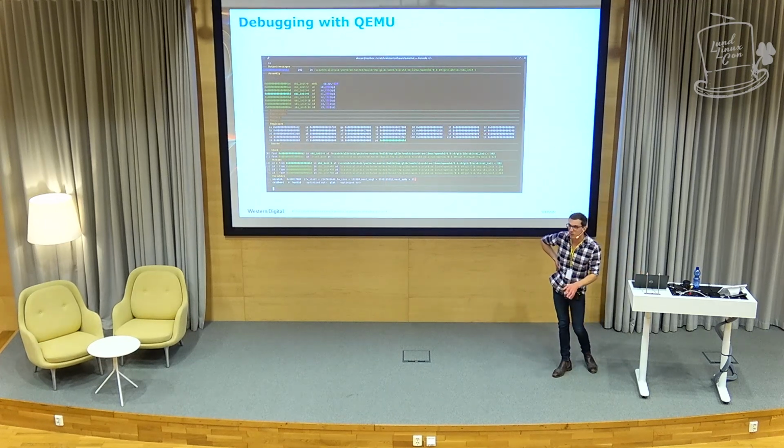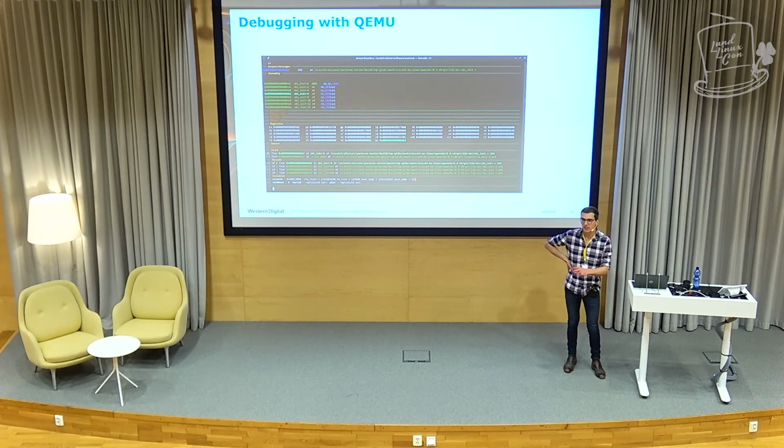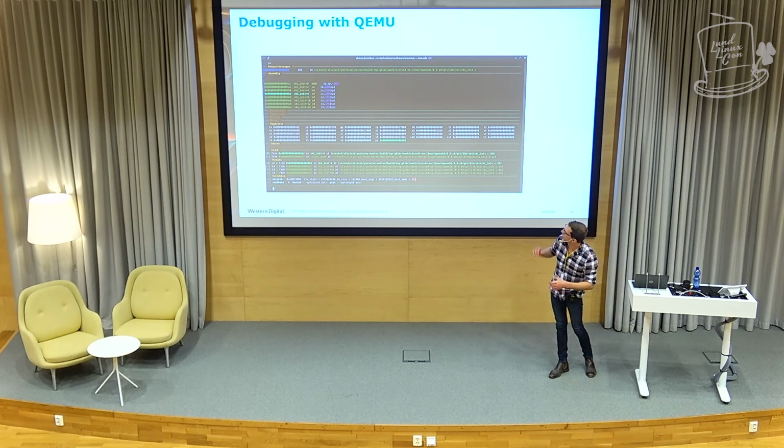And for real debugging, if you want to actually connect GDB, you can run QEMU with -s, lowercase s, uppercase S. I forget which one's which, but one is stop, like QEMU doesn't run, and one is expose a GDB port. And a GDB client can connect to the GDB server, and you get full debugging. So you get breakpoints, watchpoints, register reads, memory writes, CSR accesses. And this is a screenshot of me debugging OpenSBI.